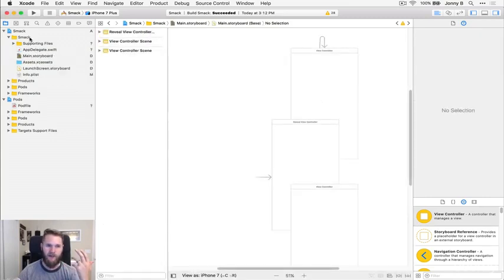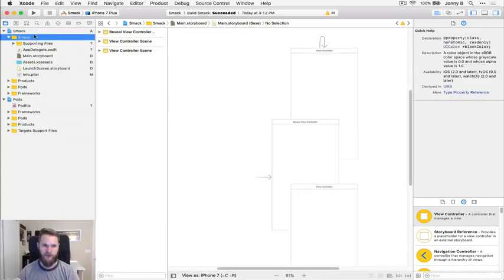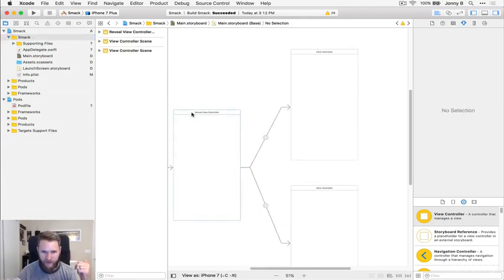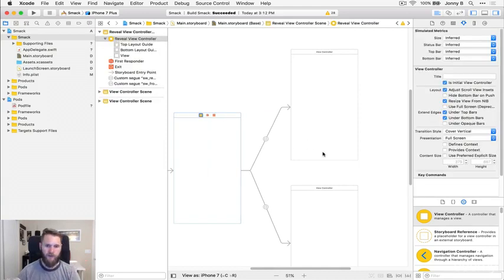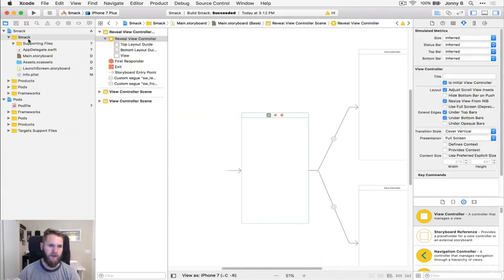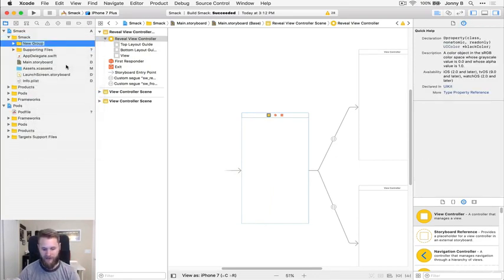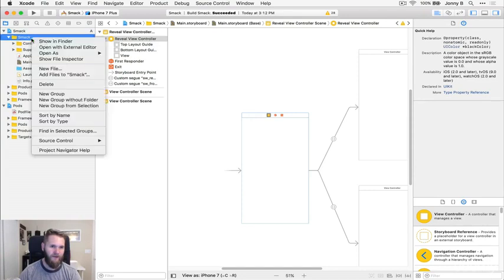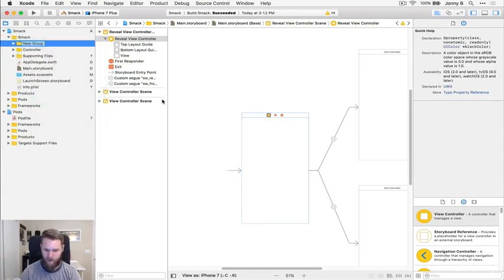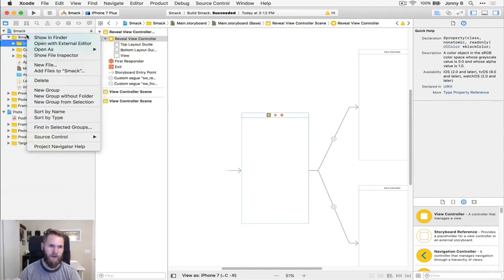And let's go ahead and create some folders here to organize our project. So we're going to be following the MVC paradigm. Model view controller. And so I'm going to create 3 groups for each of those. So I'm going to start with controller, because if you do it backwards, then you don't have to organize things. So controller, and then new group, view, and then another group,